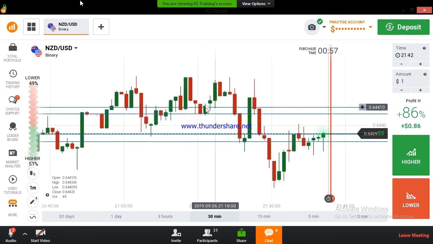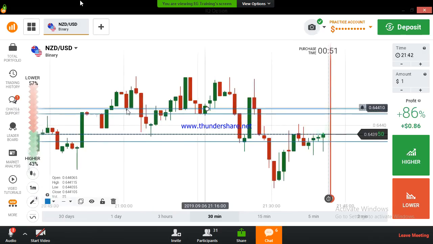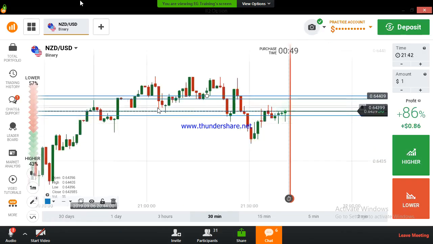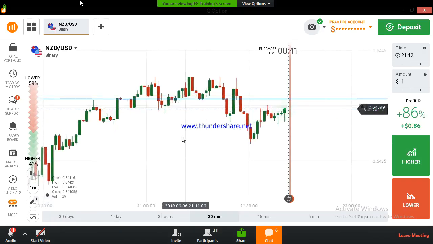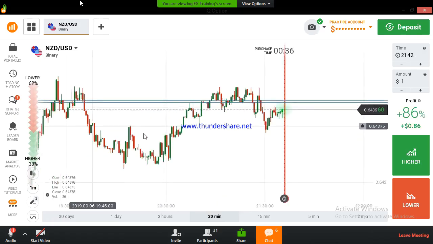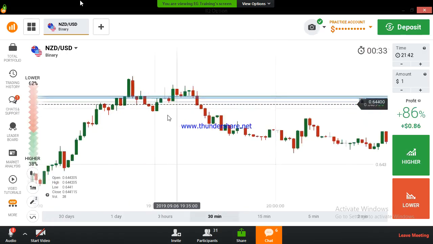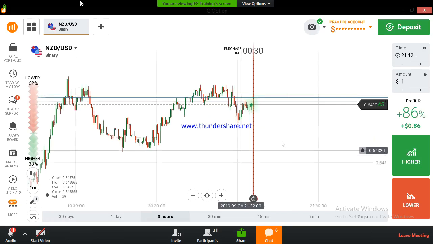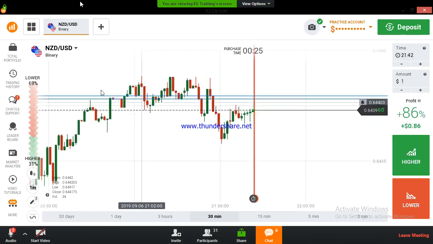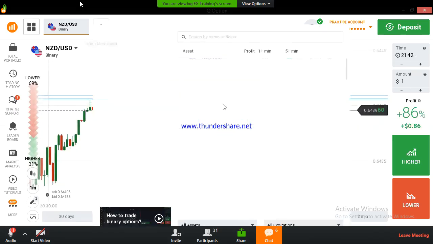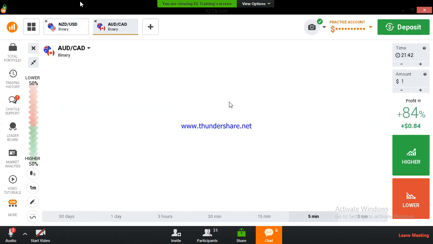I will adjust the level to this closing point. This whole area is a strong level. We can trust this strong level because the market is respecting this level mostly in the past history too. We can trade on this level because it reversed so many times. And I will show you again.